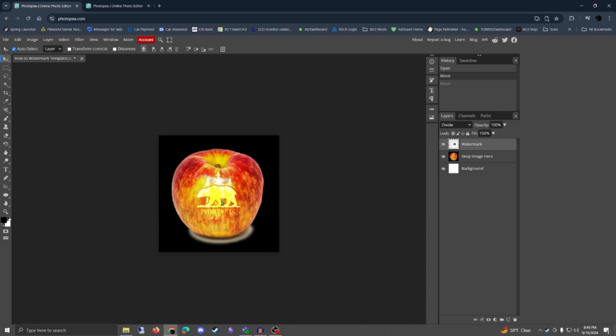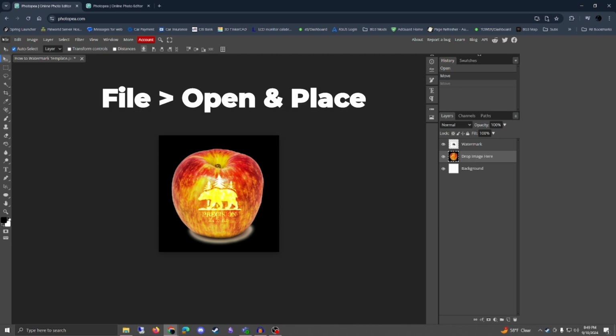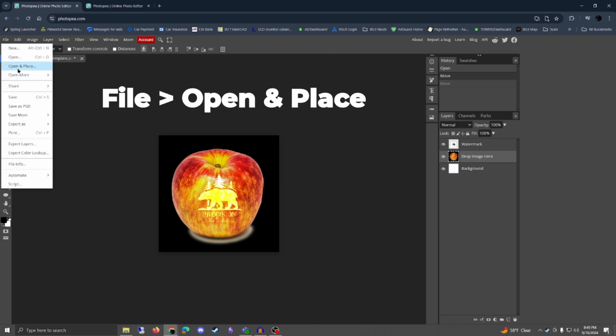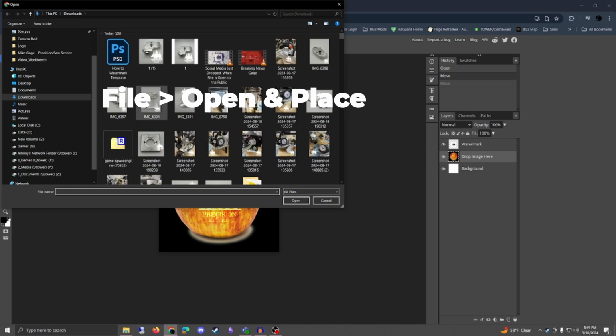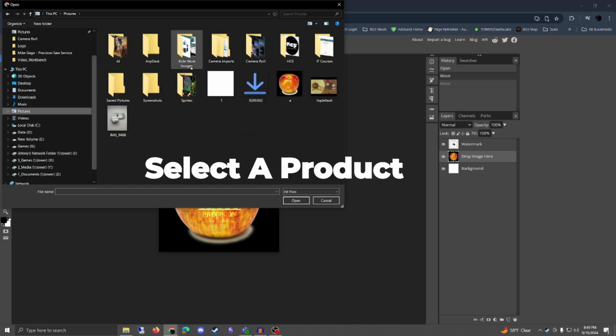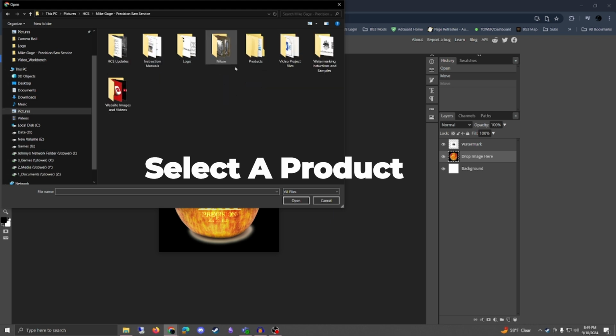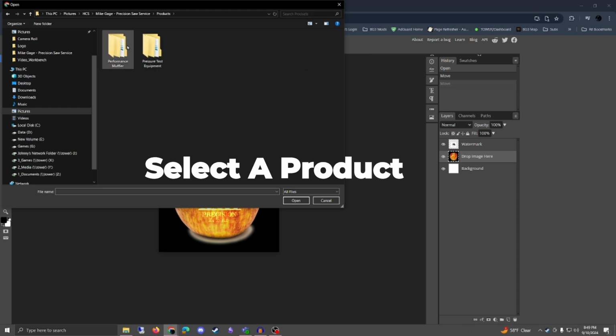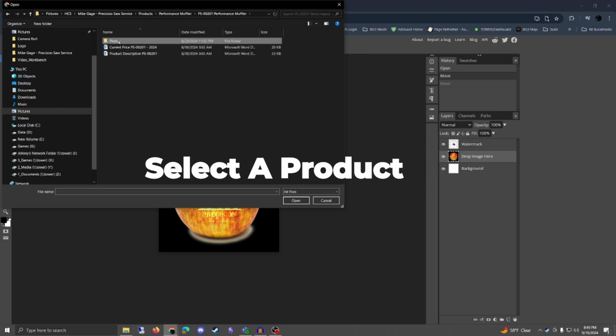So what we'll do now is we're going to place that apple. So if you can click on where it says drop image here, we're going to go to File, Open and Place. This will allow us to kind of open up any of the files that we have. So for example, I'm just going to go into here, find a product, grab any photo